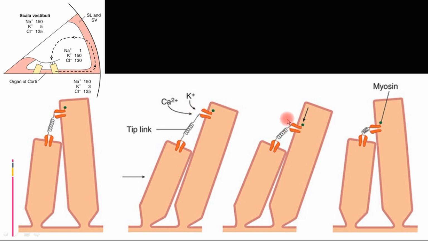After a few milliseconds, what is going to happen? The myosin is going to close the channel by carrying the channel downwards, which relieves the tip link protein from the tension which was created by the movement of stereocilia toward the kinocilium. This is causing the depolarization. Whereas if the movement is in the opposite direction, there will be no opening of the ion channel, and the depolarization will not be produced. So this is one way to understand it.